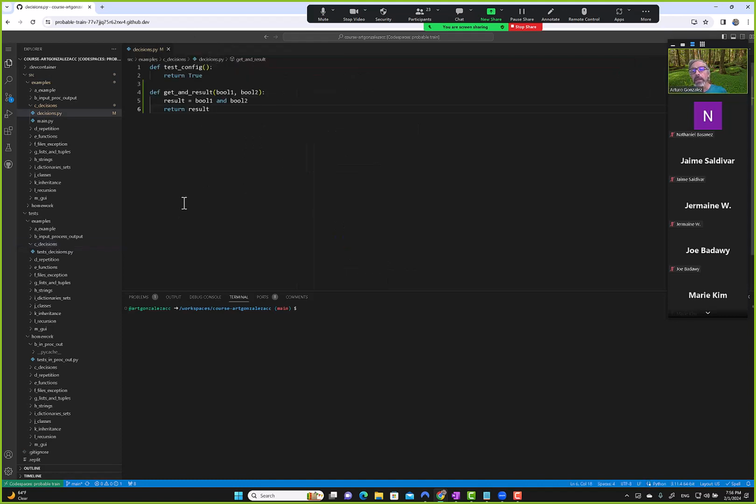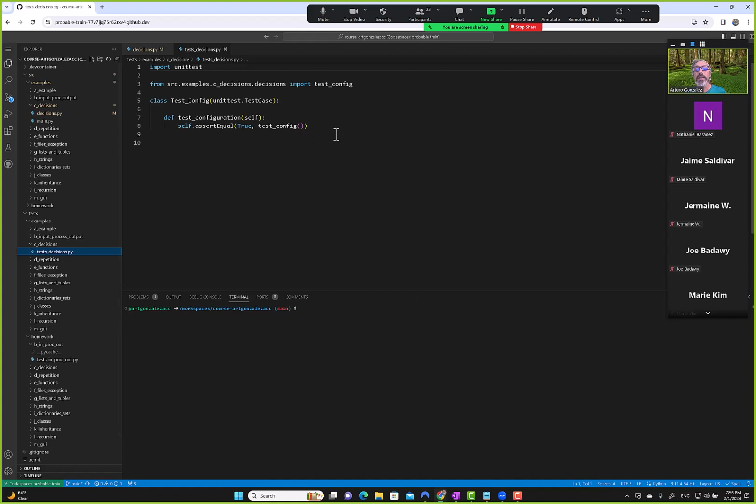Okay. So now let's create some test cases. So we go to test decisions, and by now we know we do this. We add a new test case, and we say test_and_truth_table. Here we'll test the table for and, but also consider that if we were working somewhere and we create some code, and